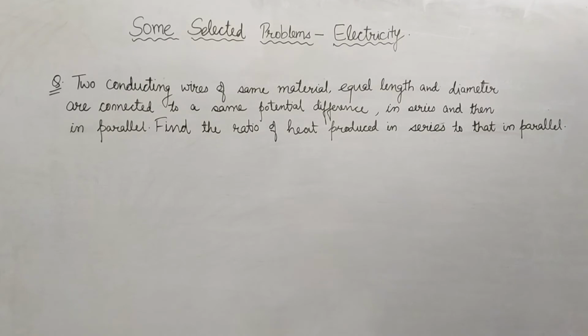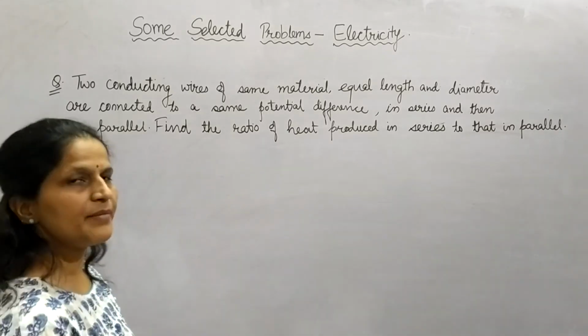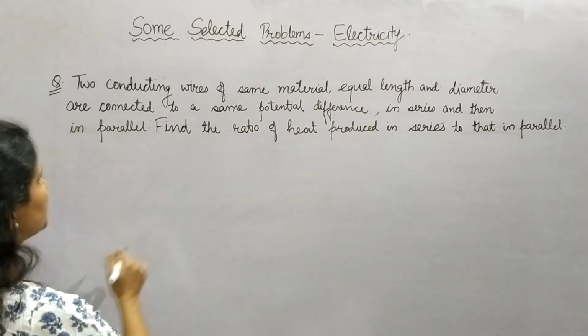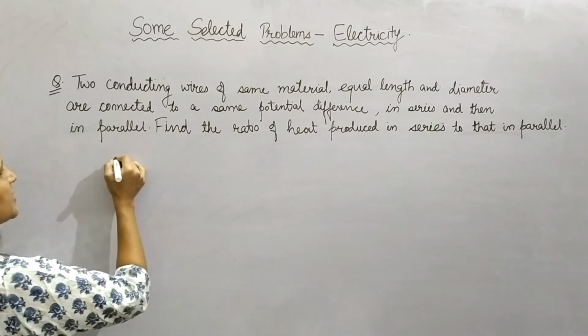They are connected to a same potential difference, first in series and then in parallel. So you are required to find out the ratio of heat produced in series and then in parallel. सीरीज का और पैरेलल में जो हीट प्रोड्यूस हो रही है उसका रेशियो निकालना है. तो लेट अस फर्स्ट सी इन